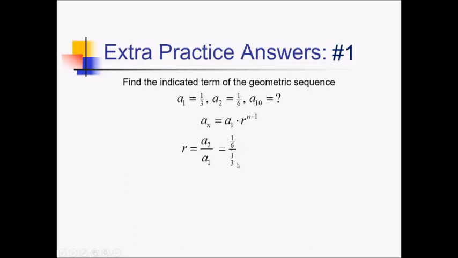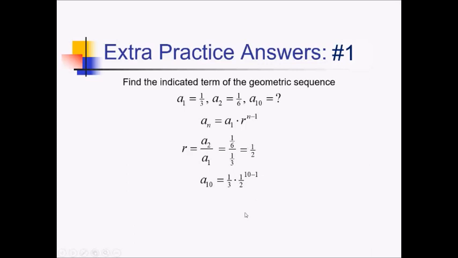To do this division, I need to multiply by the reciprocal, so I really have 1/6 times 3/1. 3/6 then gives me 1/2. And then plugging all that in, we've got 1/3 times common ratio of 1/2 to the 10 minus 1, and